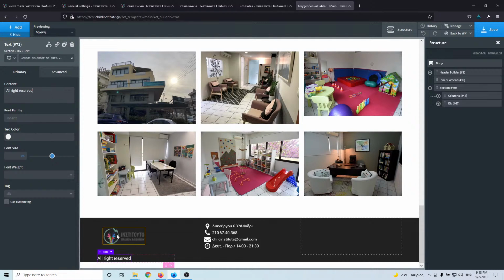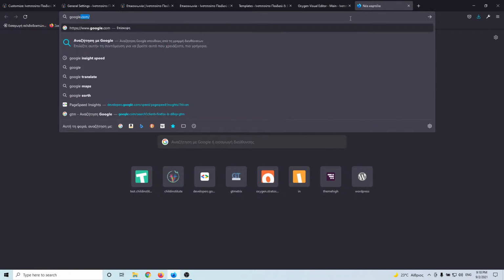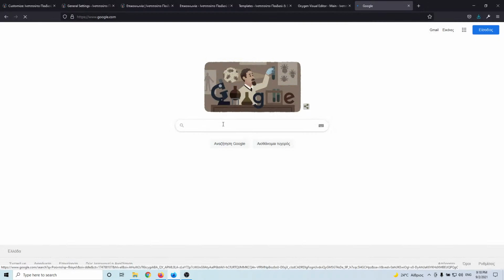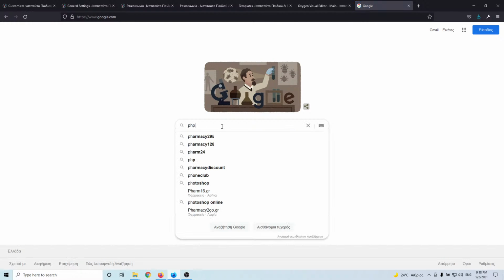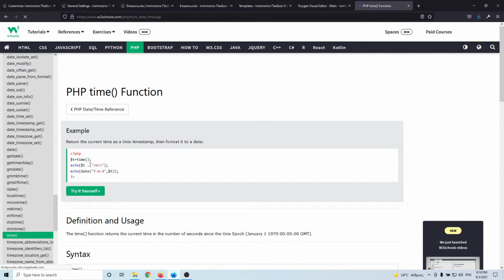So how to add a year and make it dynamic? Let's go and search in google.com PHP time. So let's search PHP function time, and as you can see, here is the time. You can grab this,